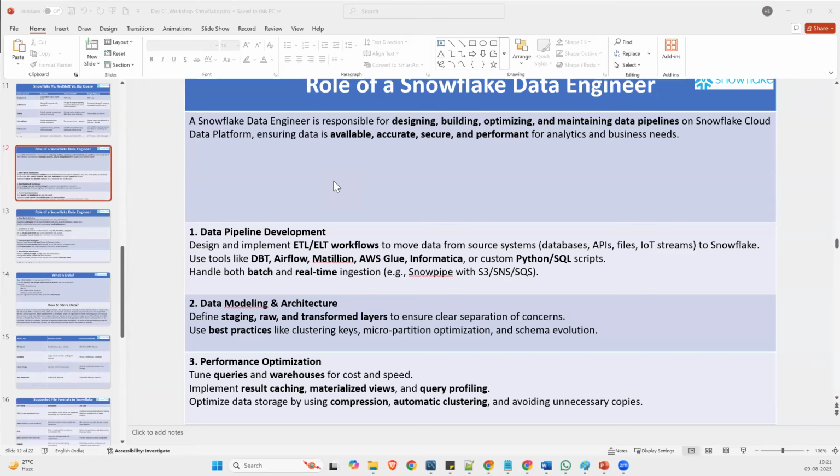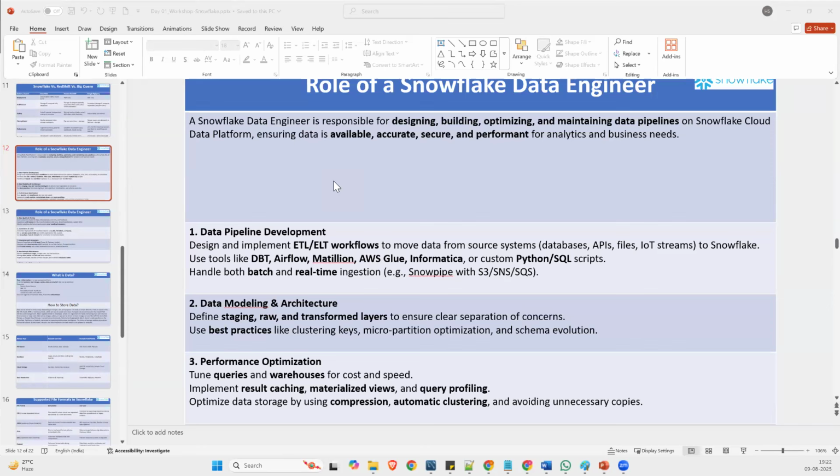You need to understand what the roles are, what privileges you have to provide to other users, what databases you have to create, what table structures you have to create. What replication is available, how you replicate the data, how to store the data, what performance tuning you need to do. That is the separate role of a data administrator. And the architect designs the data pipeline, from which source to which destination data will flow.